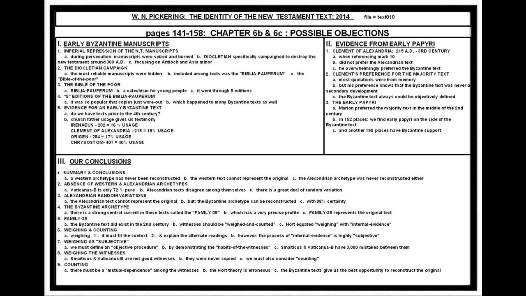So we get tremendous help here in pages 141 to 158. That just leaves us chapter 7, and that's a 40-page chapter. We're going to split it into two 20-page parts. So we will have a 7a and a 7b to conclude our study. But the important thing to remember here on the chart is Block 1, Note 5, the early church father usage of the Byzantine text. And then Block 2, Note 3,